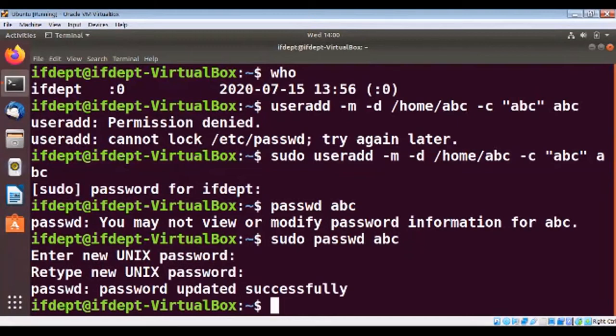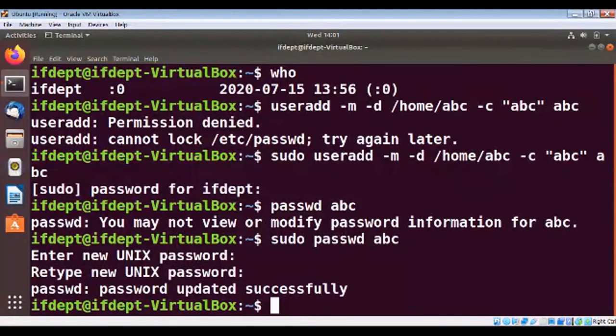Okay, so what I have done so far, I have used this useradd command to add a user called ABC. Then I am trying to set a password for this. And remember, for creating a user as well as for setting the password, you have to add sudo. What is sudo going to do? It is going to provide you the superuser level privileges. And who is the superuser in Linux? It is the root. So here I have created the user, and I have created the password.